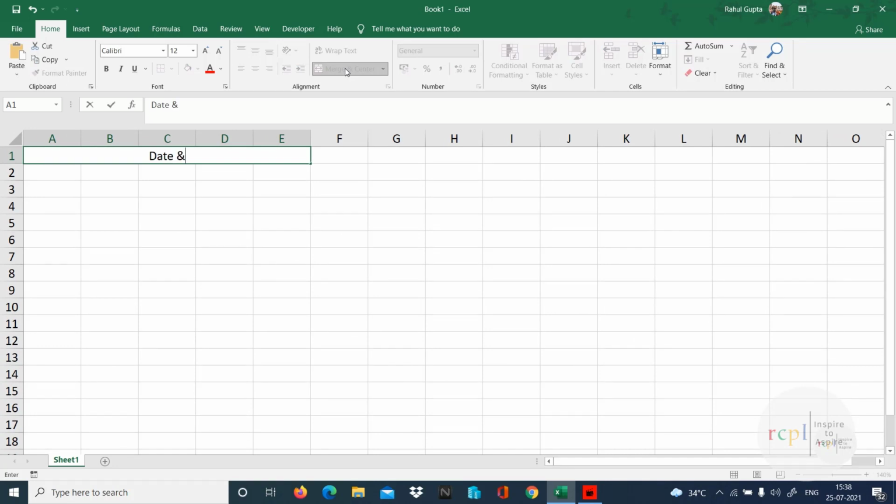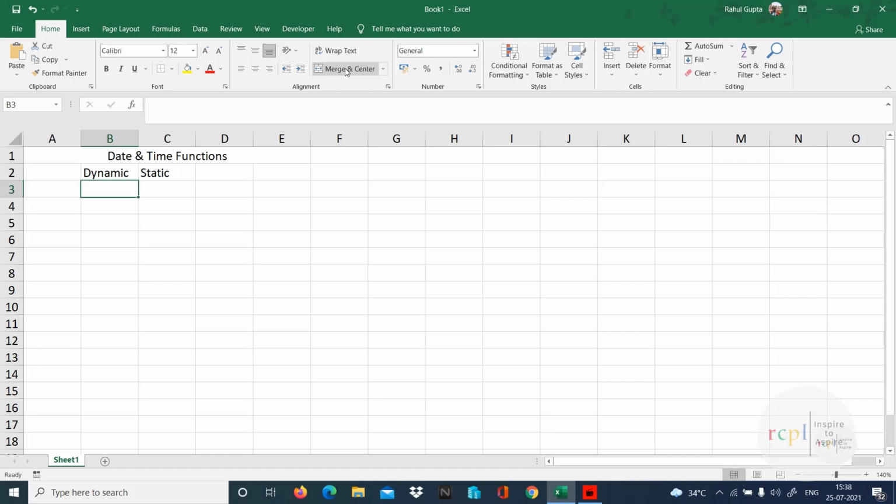There are two types of functions, as I told you previously also. One is dynamic, which changes every time, and the second is static, which is fixed. Where do we use a dynamic function?